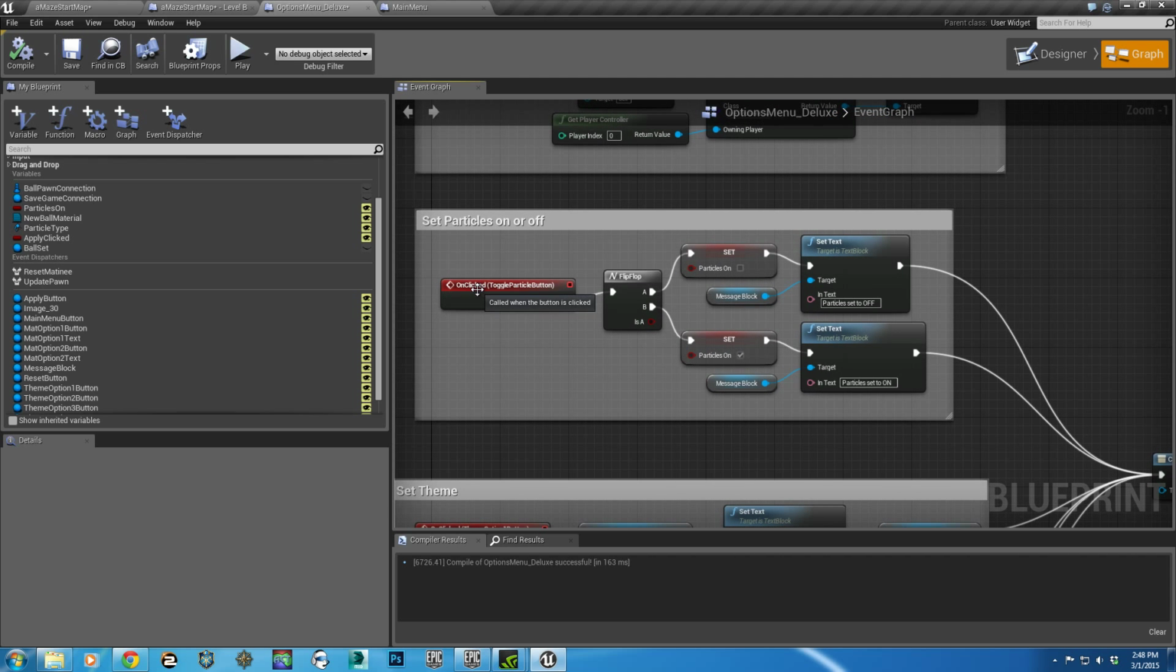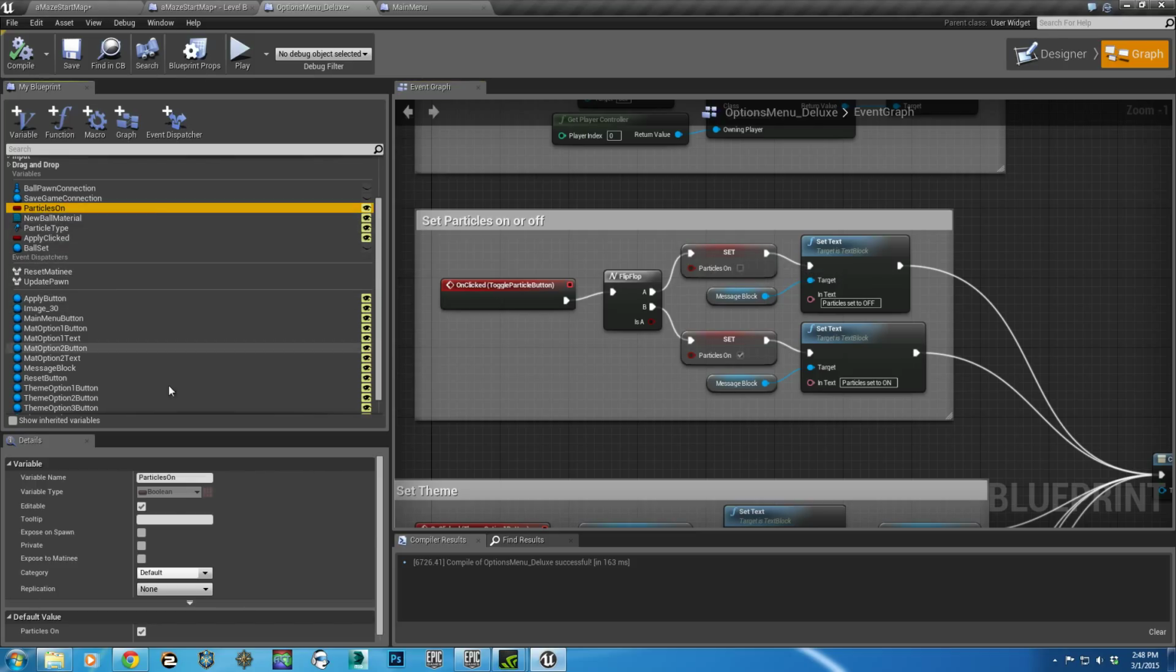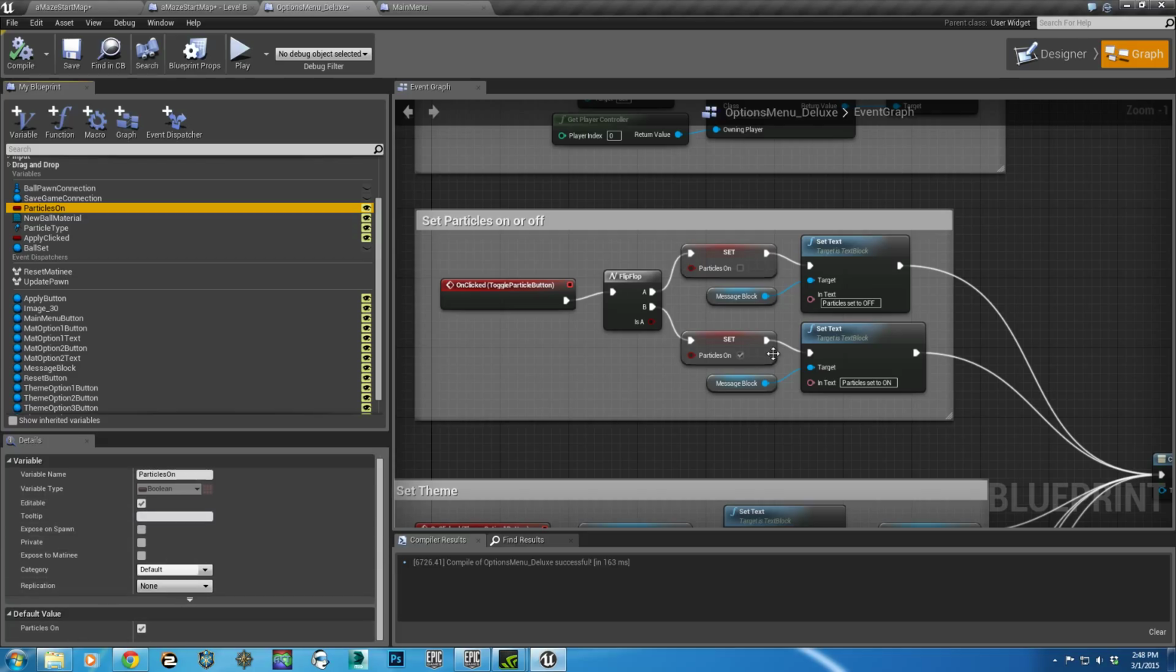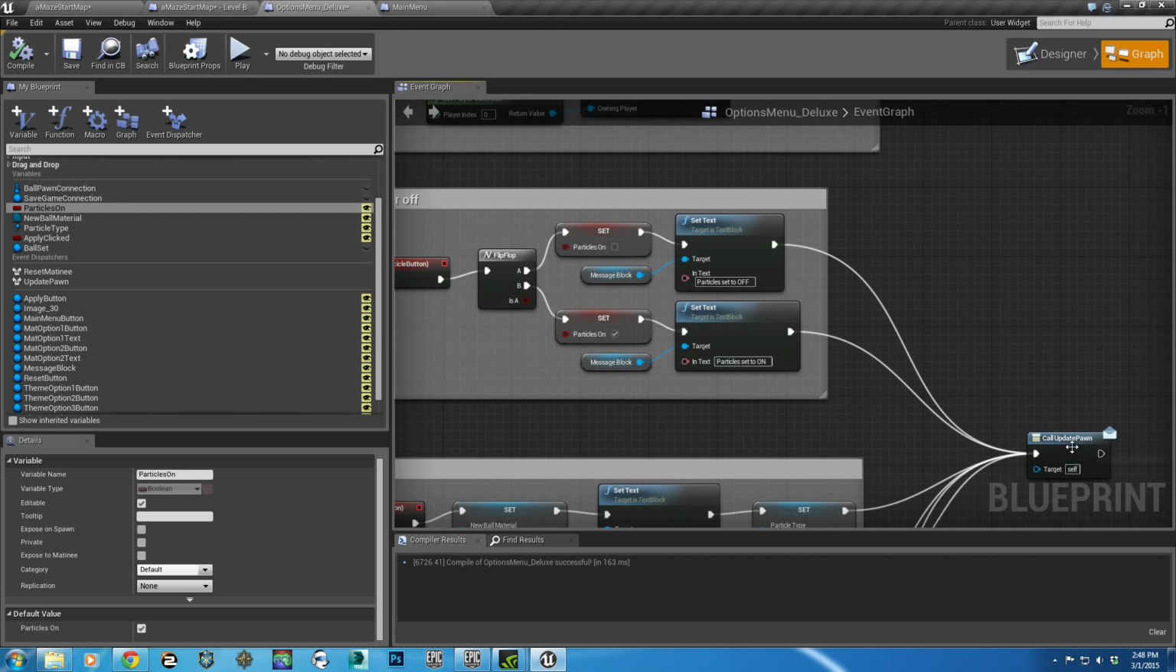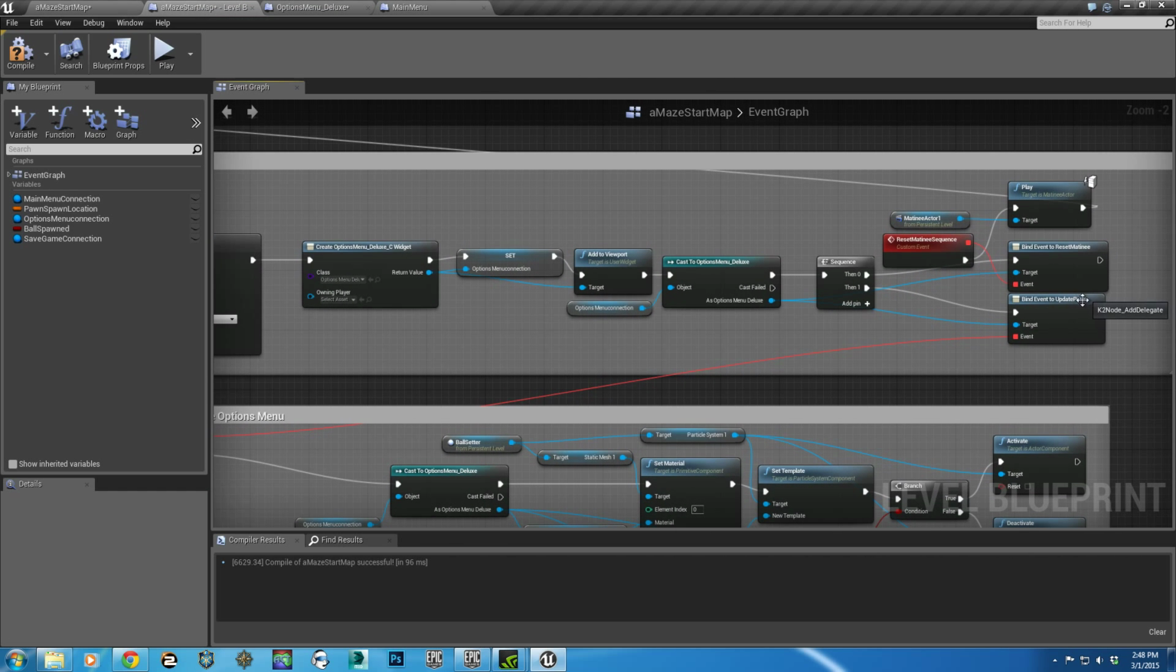Particles on or off. Whenever you click the particle on or off, it'll flip-flop between true and not true. It's on by default, by the way, and that is a variable on this menu, set to default on. So if you click that, it'll set particles to off, and in your little message block, it'll say particles to off. If you set it back again to true, particles are on. So it'll tell you. And then after that, it's going to call this update pawn, which goes back to our level menu, update pawn,